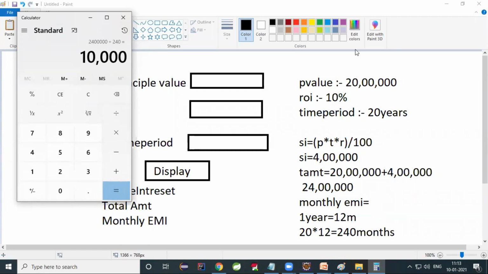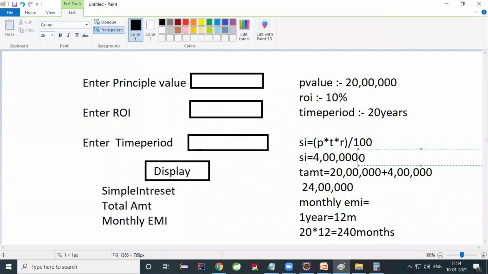EMI amount is how much? 40 lakhs, this one? PTR by 100, 40 lakhs. Harshit is right, I think. P into T is how much? 10 into 20 by 10% means 0.1, sir. The formula is P into T into R by 100, that's it. PTR by 100 is the formula. 40 lakhs only, that is right.